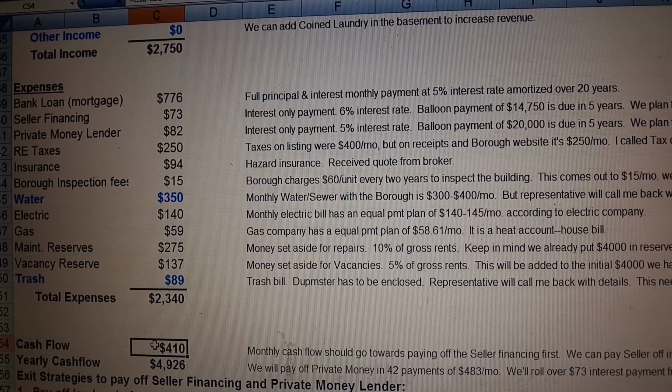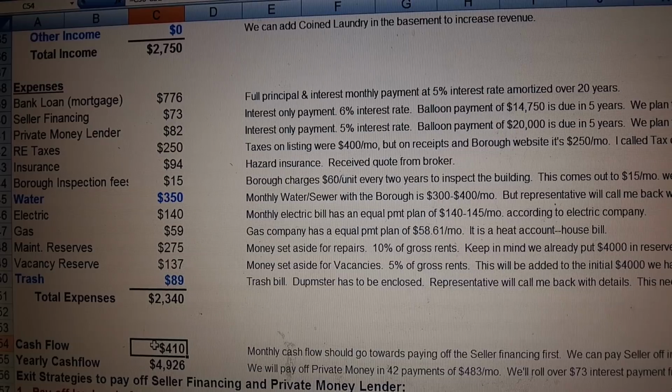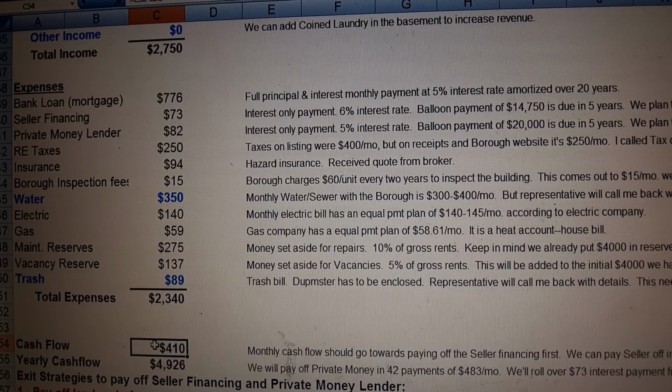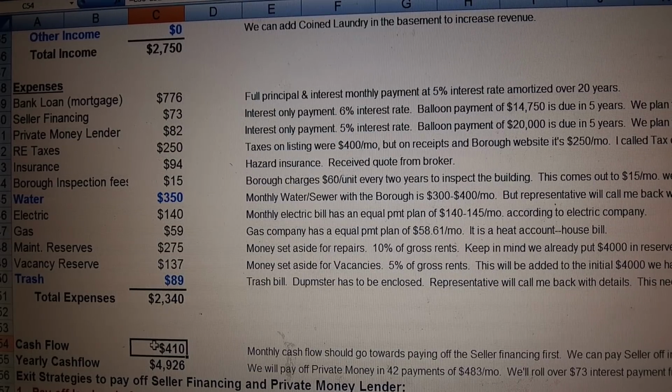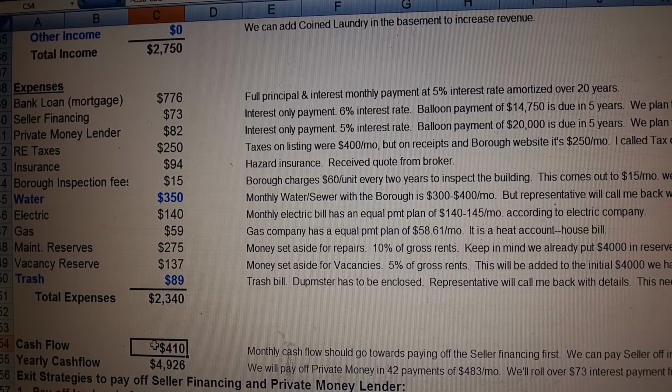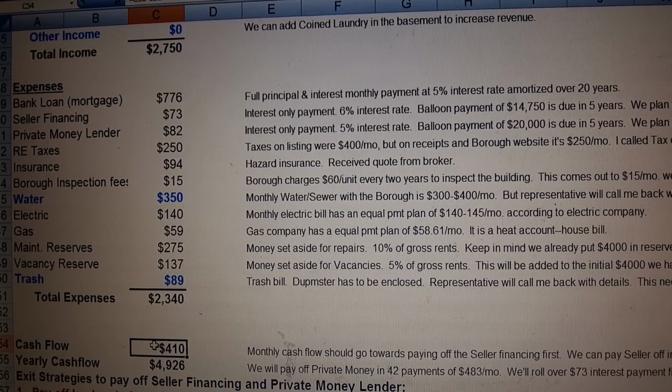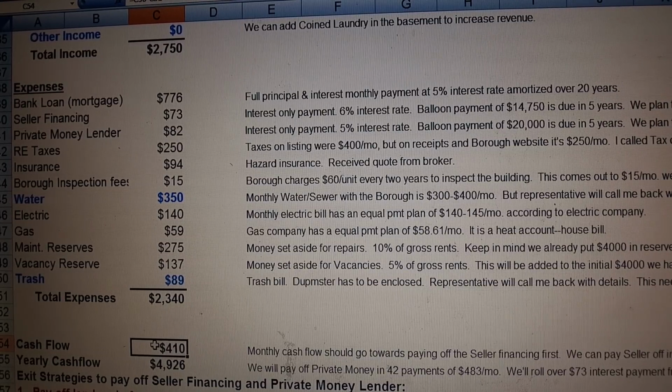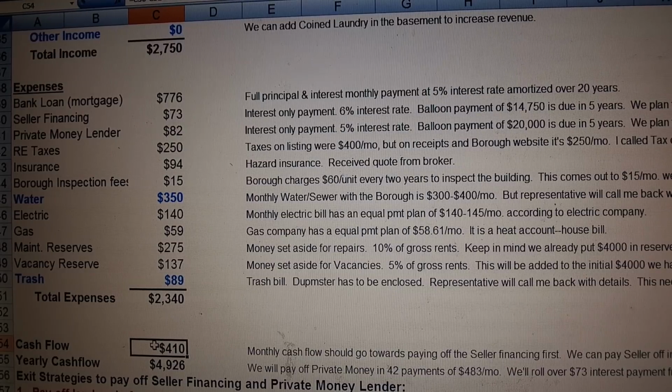So that's one way to approach this profitability concern, because it's always a two-pronged attack, right? A two-pronged approach: increasing the revenue and decreasing expenses. So that's one way to increase the revenue. It's giving the tenants rent increases as well as adding coin laundry. Okay, so a way to reduce the expenses is for the water bill, we can add water conservation kits, which